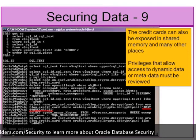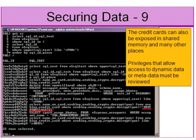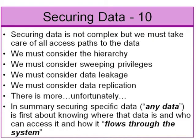So imagine you've got some developers and you've granted them select catalog role. They can view this view and they can steal your credit card numbers simply by polling this view from time to time. Even if you'd used bind variables, there is a view called V$SQL_BIND_CAPTURE that lists all of the current bind variables. Depending on the size of the database and how often it's accessed, they could be cached in there for a reasonable amount of time, and credit card numbers, if that's the key data you're interested in, are quite easy to recognize. So think about how you're granting privileges to people, because they may inadvertently grant